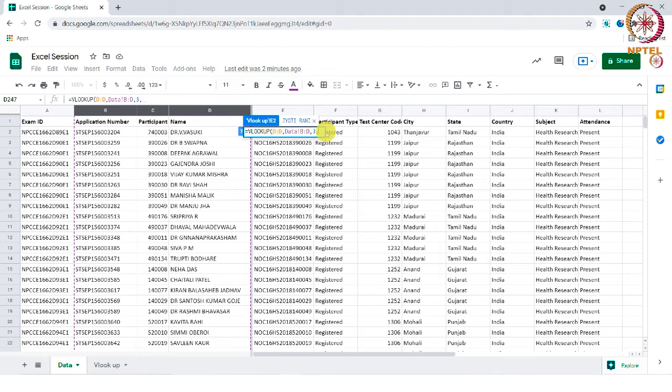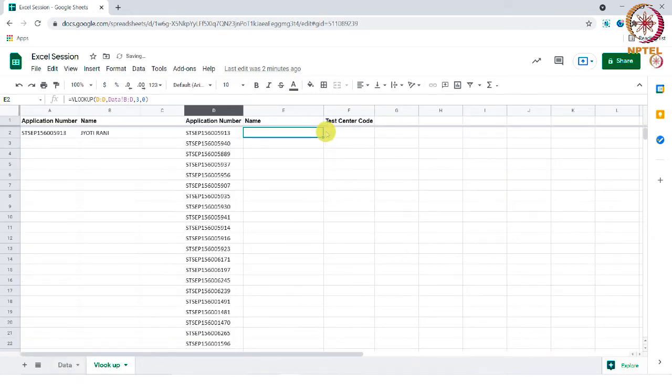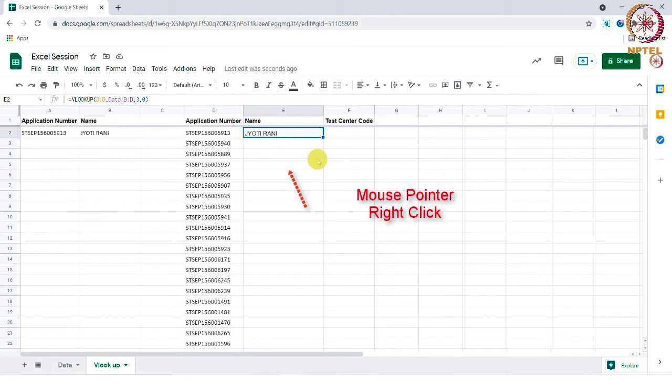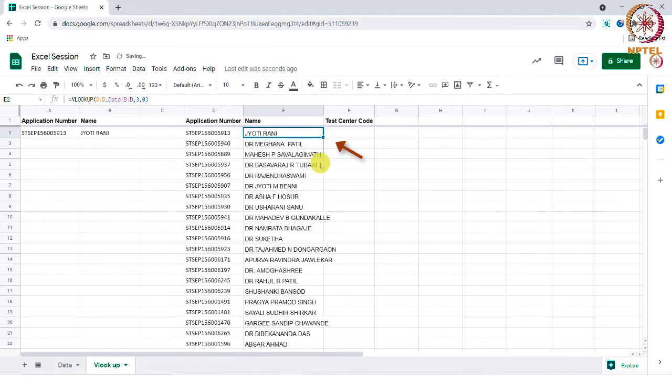To get the exact value, type 0. Finally, tap enter. We have got the names in this column now. To apply the function below, just right click here or just drag the cursor down. Now it has been applied to all the cells.